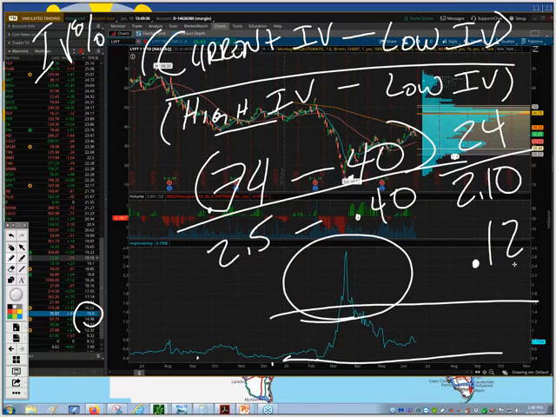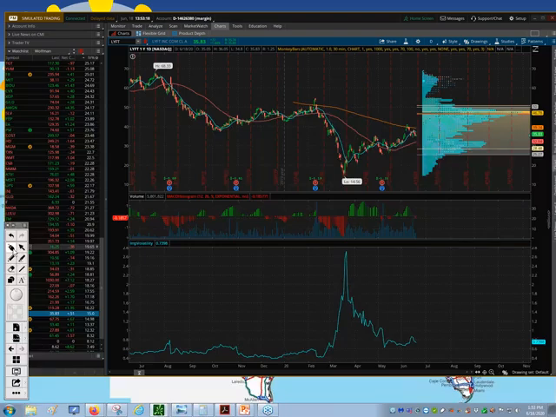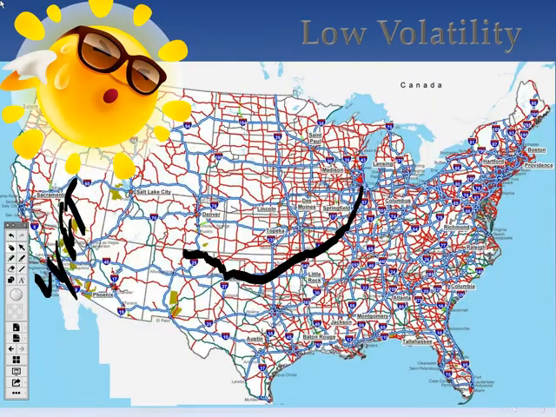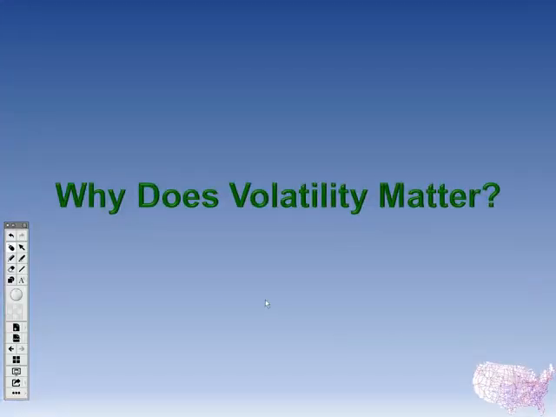Yes, it's a decimal, but when you put it into percentages, you do that. So 12%, or in this case, I'm going to go with the math on that because I'm pretty sure they're right. All right, so that's how we come up with implied volatility percent. And we need to know that because that tells us right now these premiums are pretty cheap, which means we want to be thinking probably closer to a buy. We're looking at something that we might be wanting to buy. We've got low volatility. We can take our time in a sense. This will all come back together in a minute.